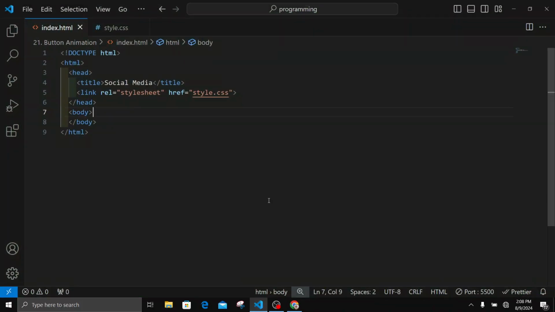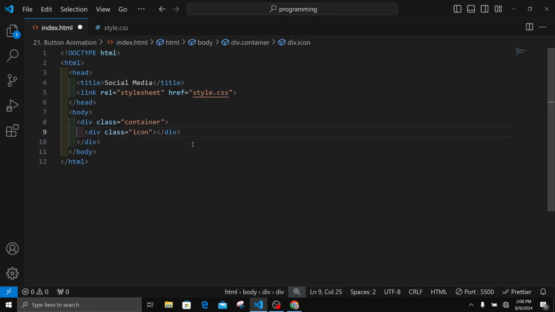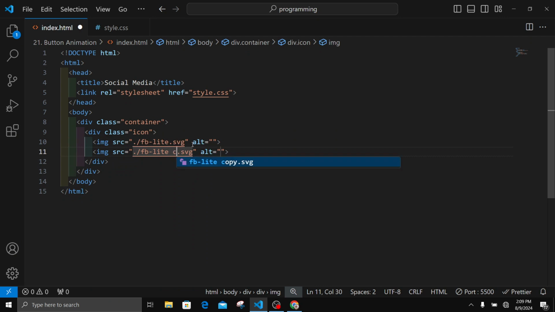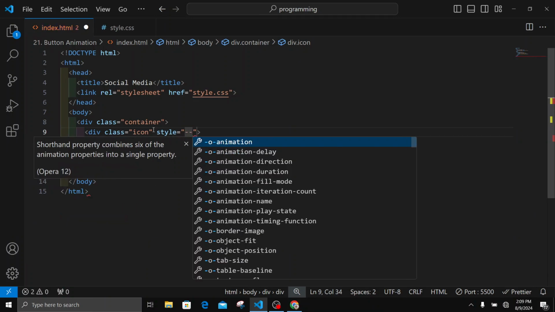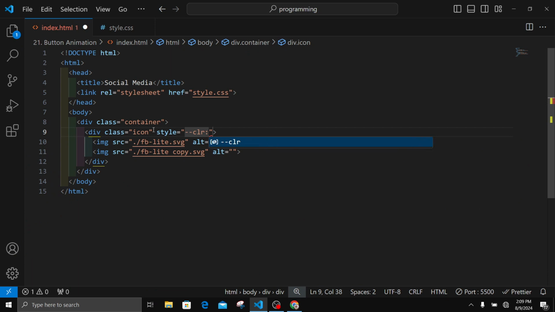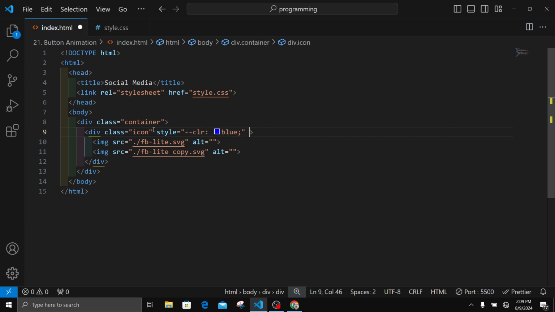Now in my Visual Studio Code, which I'll be using as my IDE, I'll need to type in some code into my HTML document. I have a class of container. This will have a class of icon, which will be each, and here I'm just going to have an image, Facebook, which I'll repeat. And for this one I have copy, and for my class I'll have a style property here, which will be a variable with a variable name, color, and a value, for example blue, and I'll have a data